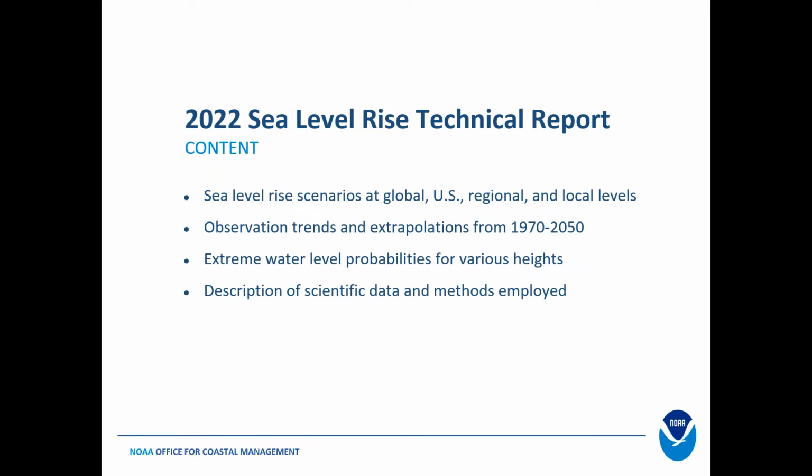And this is the first time we're actually looking at observed trends of sea level rise from tide gauges going back to 1970, and then extrapolating those out to 2050 to show you, in some cases, where we're seeing what's called a non-stationary or non-linearity, which is it's not just a linear regression. We're starting to see the actual curve happening because of the acceleration. And some extreme water level probabilities that will help us figure out design standards and planning. If you're planning for a rain event of a 25-year or a coastal flood event of a 25-year, how is that going to change in the future?